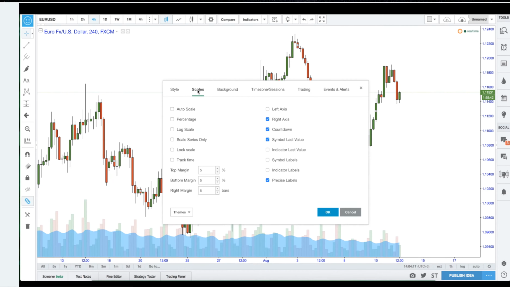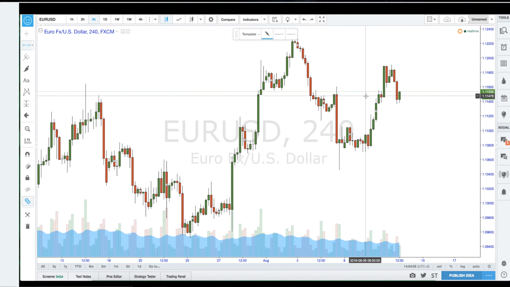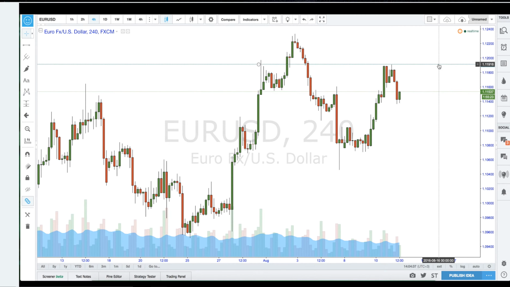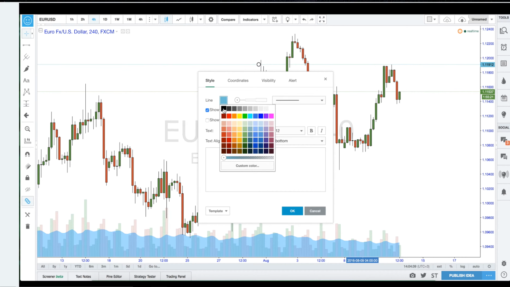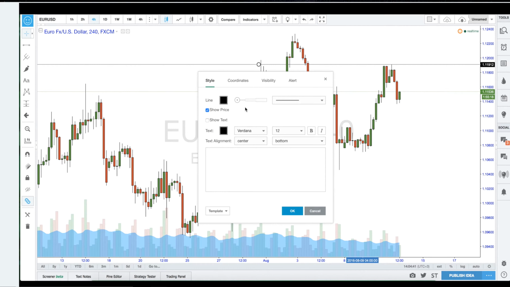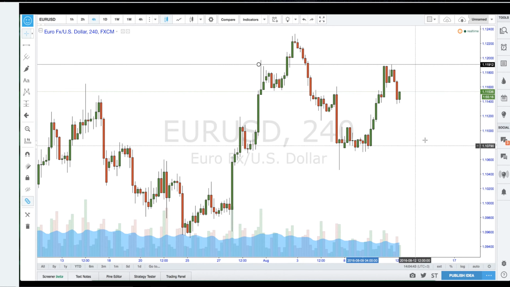Okay, so next we go to scales. Right, precise labels, we want to ensure this is unchecked. The reason being is because I've noticed recently, once we start to put horizontal lines on and stuff, the label, okay, let me just show you an example. Once we put a horizontal line on the chart, and horizontal lines, I always want those to be black, and I like to have them as thin as possible.